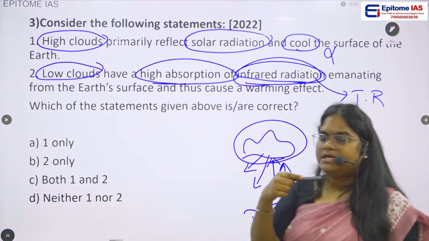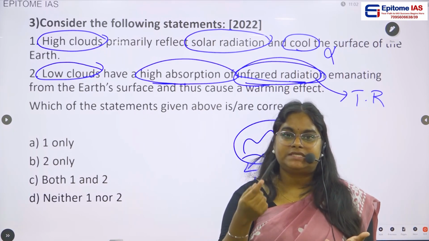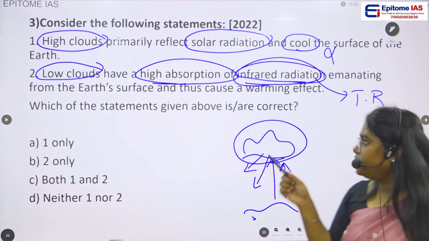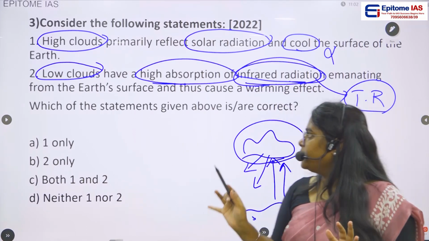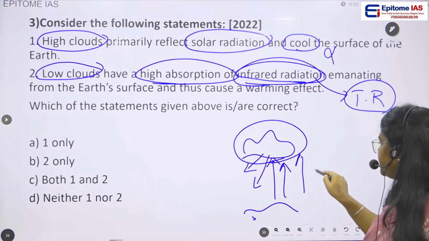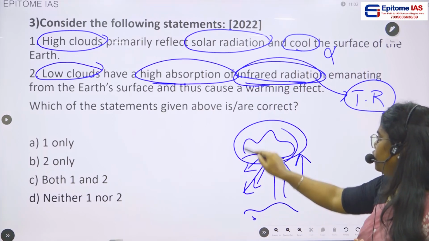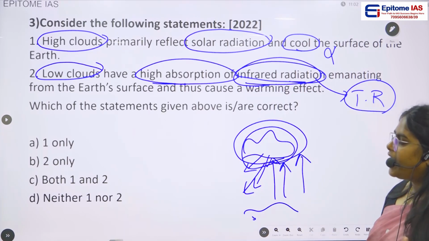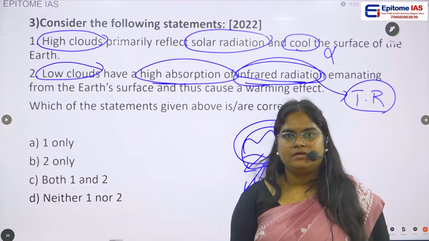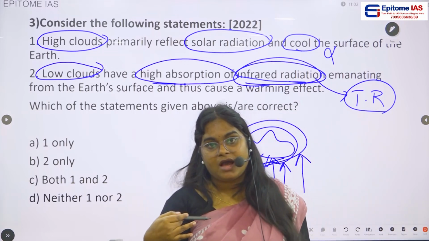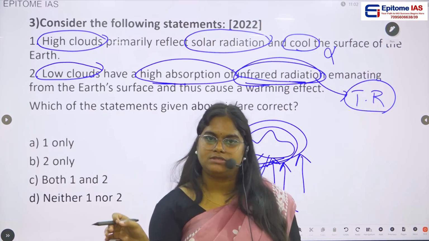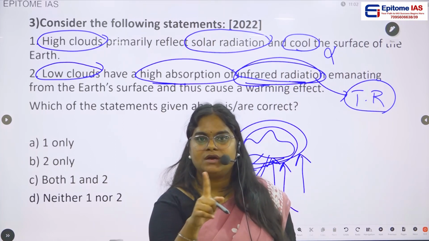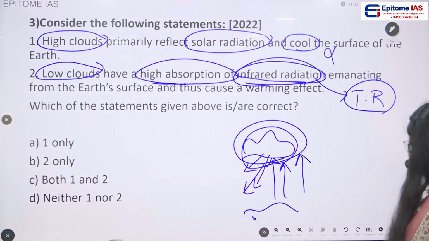Whether they say infrared radiation, long wave radiation, or terrestrial radiation, all these are the same. When they have high absorption, they re-emit to the earth's surface, which increases the earth's temperature. But we saw in this picture